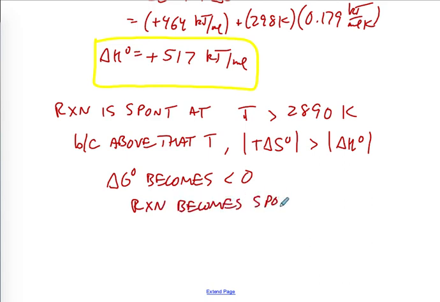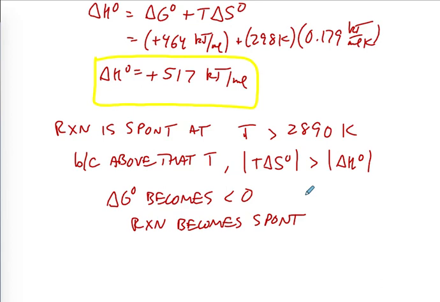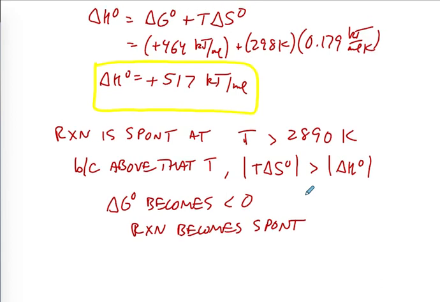So one of the problems you can answer, knowing the values of delta H naught and delta S naught, are these, essentially. At what temperature does the reaction go from being spontaneous to non-spontaneous, and is it above or below that temperature? Okay, in the next video we will talk about non-standard